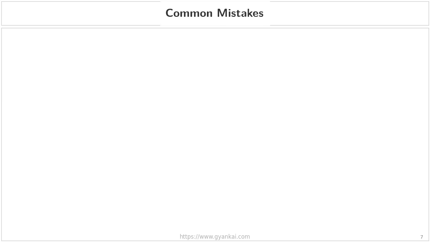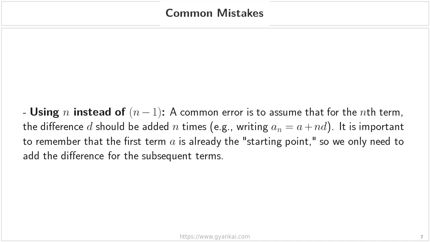Common mistakes. First, let's look at the error of using n instead of n-1. It is very tempting, when you see the term nth term, to assume that you should add the common difference d exactly n times, which would lead you to write the formula as a sub n equals a plus n times d. However, as we saw in our salary example and our pattern observation earlier, the first term is our